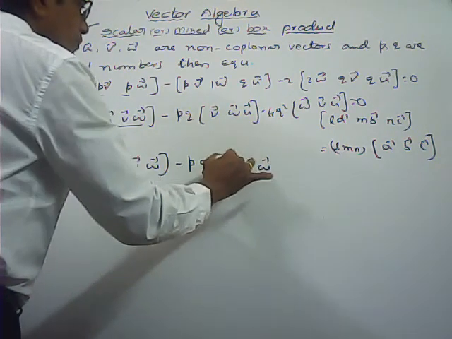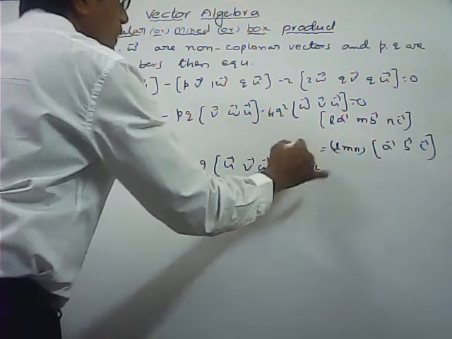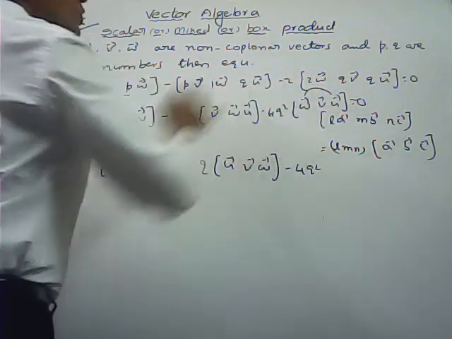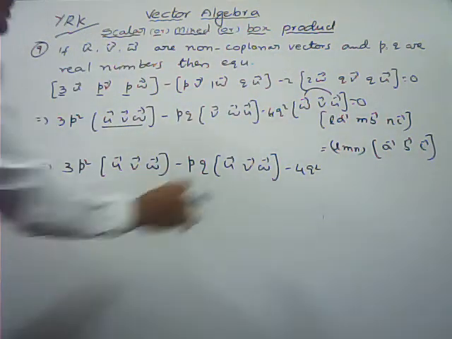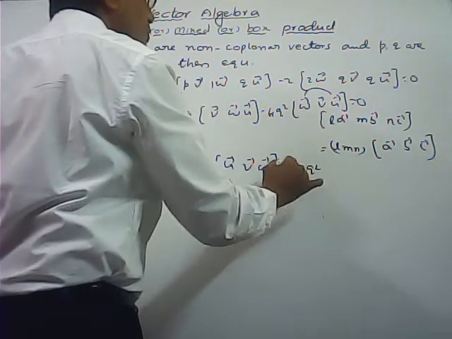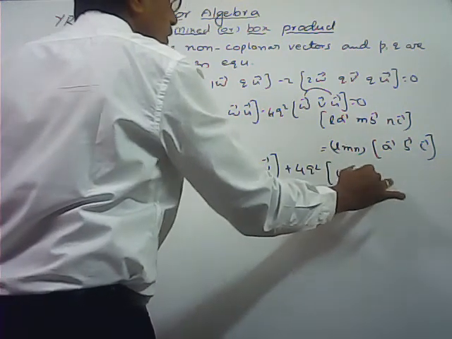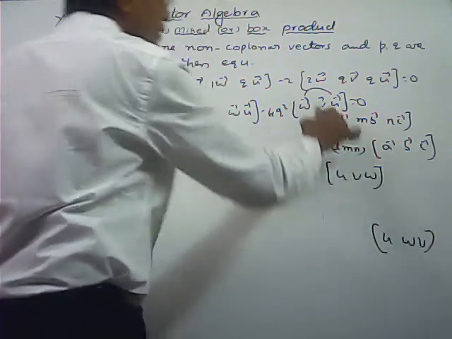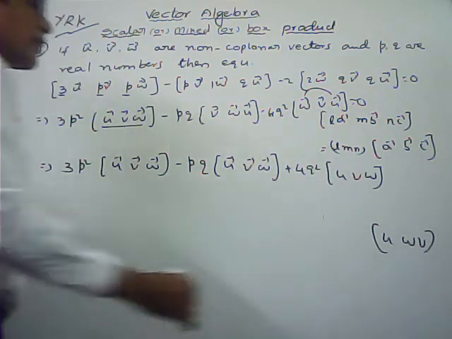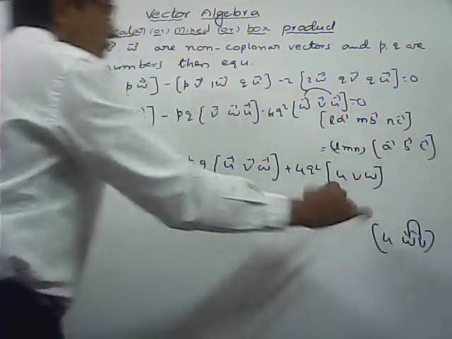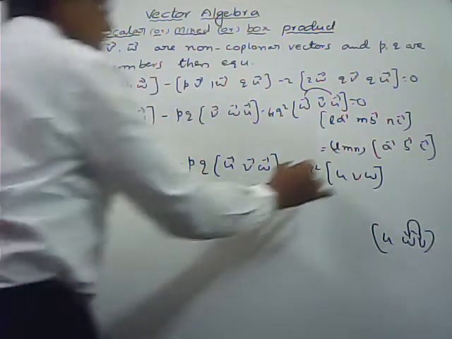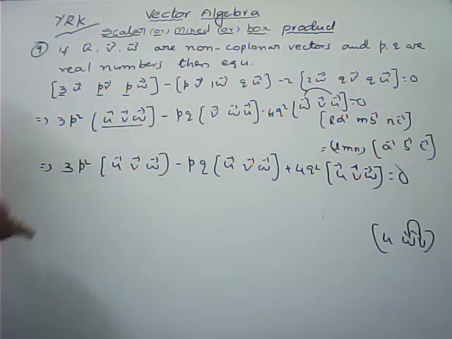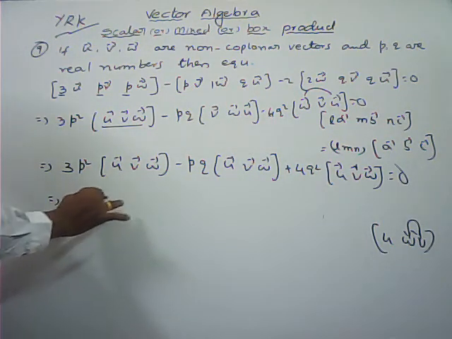UVW minus 4q square UVW. First I am interchanging these two. Cyclic order I am writing UWV, then interchange these two. UVW. First I am writing that one UWV. In the cyclic order, if I change it, UWV, there is no change. Now here you can interchange these two. By interchanging, its sign changes only. That is equal to 0. So overall we can take box UVW as a common.